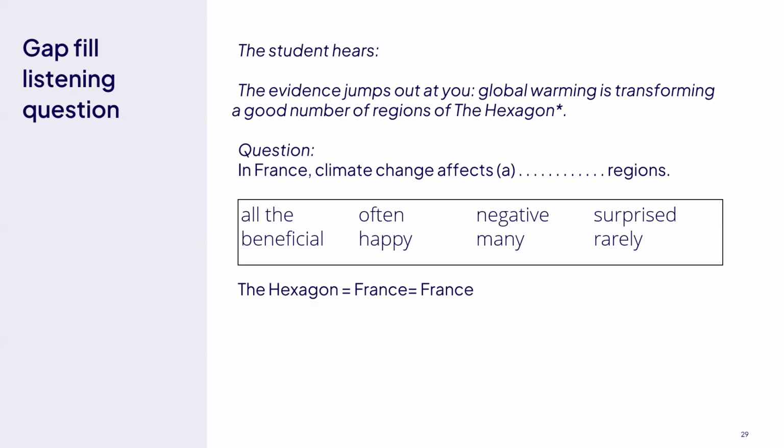Disregard the A, that's the letter of the question. So "all the" could go. "Affects often regions", not quite. "Affects negative regions", doesn't seem right. "Affects surprised regions", "beneficial regions", "happy regions", possibly. "Many" or "rarely". Okay. So they need to think about the grammar and they need to think about the sense,